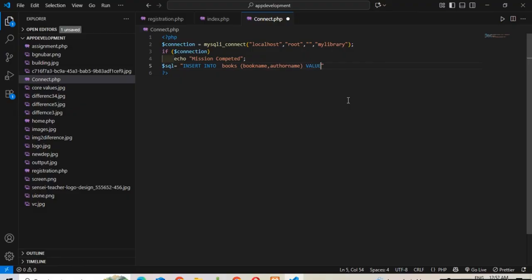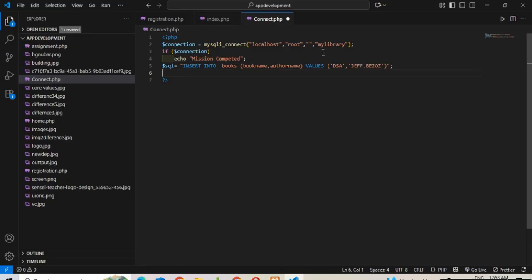I said values that are DSA, Jeff Bezos, and I just add a semicolon, and after that I have to add a function that will get the values of the connection,